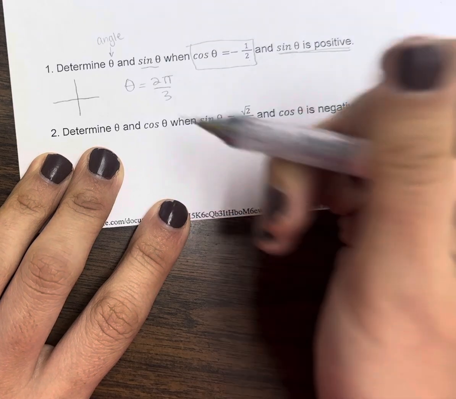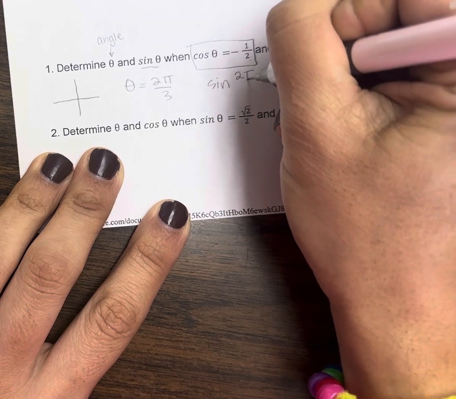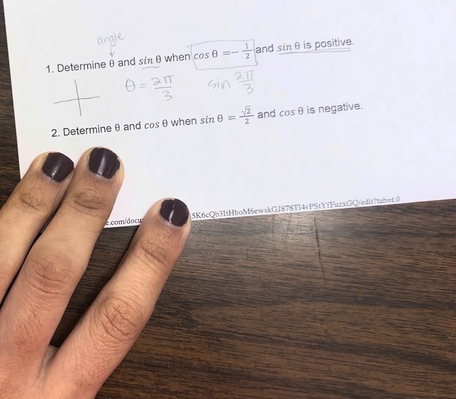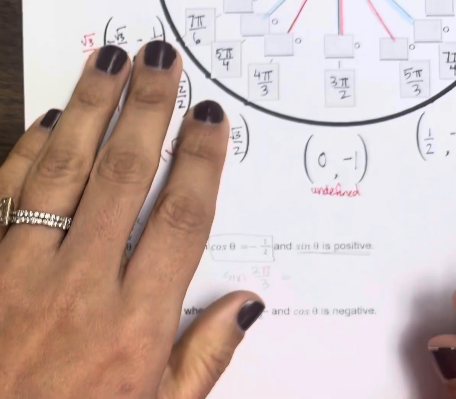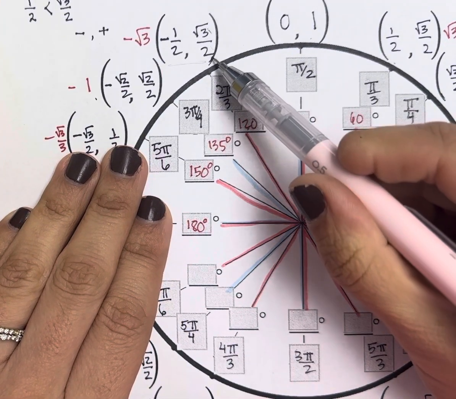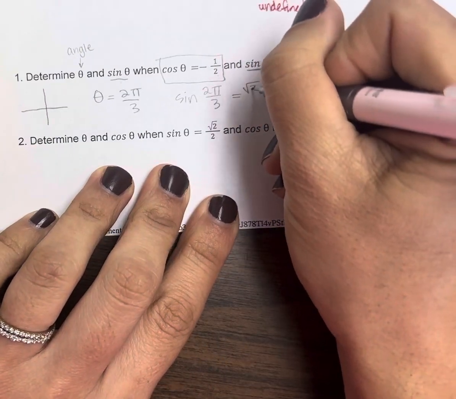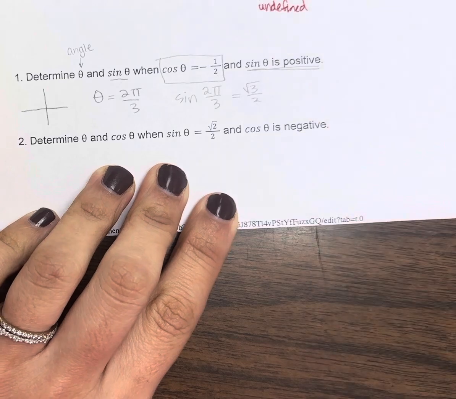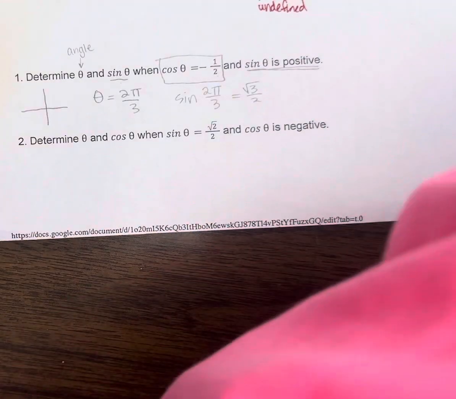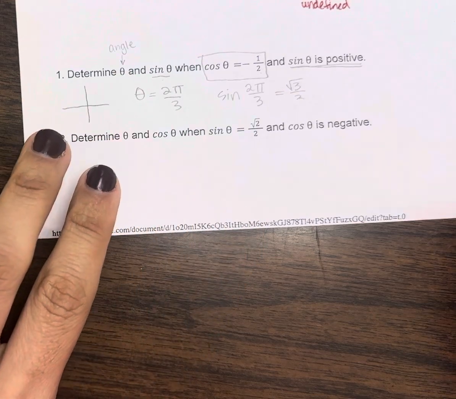And now they also wanted sine of theta, which I told you would be easy peasy once we knew what theta was. All you got to do is go find 2 pi over 3, and sine is the y, so it's radical 3 over 2. There it is, okay? If I didn't have a unit circle, I just want to show you, the way I